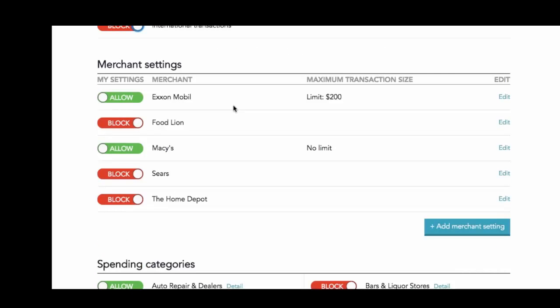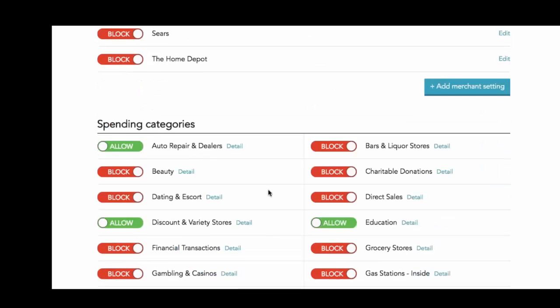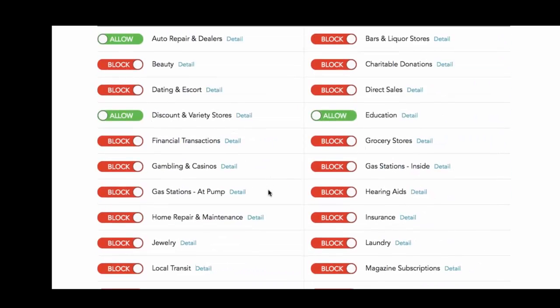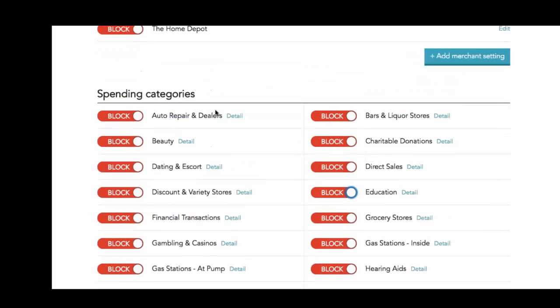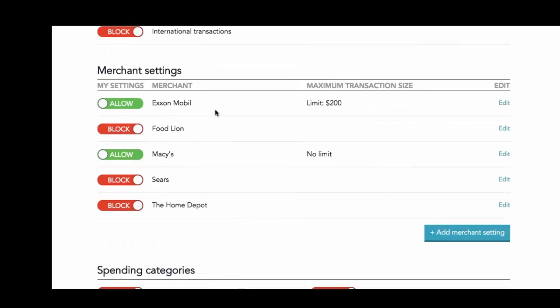Then there's individual merchant settings. And so a common way to set up TrueLink cards for special needs trust is actually to block everything on the card. So there's all these different spending categories that cover all the different places the card can be used, so that you might actually say block every single thing on the card, except phone and TV and cable, which I'm allowed, but you can pay the phone bill.